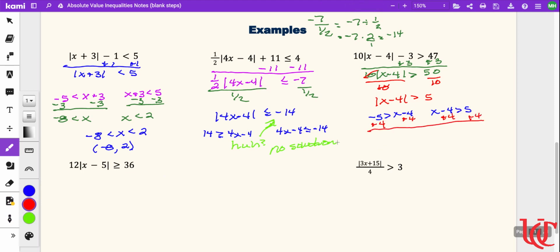That gives me -1 is greater than x, and x is greater than 9. If I was looking at this, looking at small to greatest, I'm not using less thans, so I really want to do each one of them